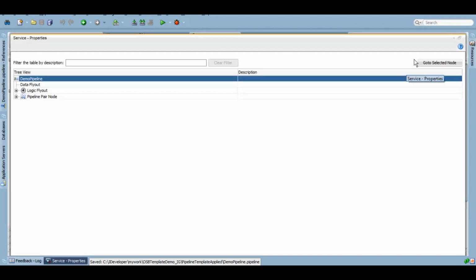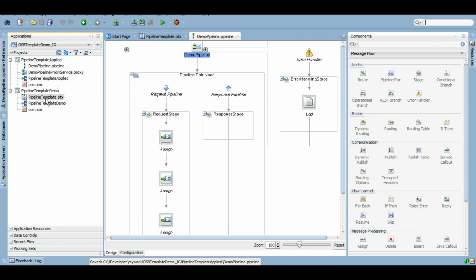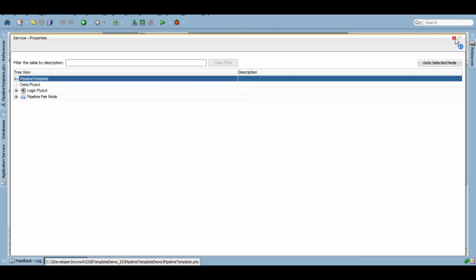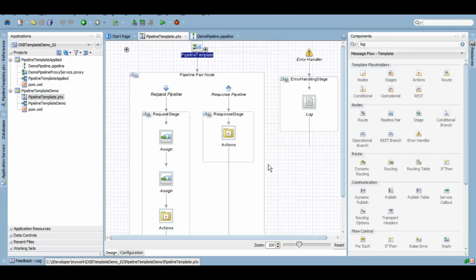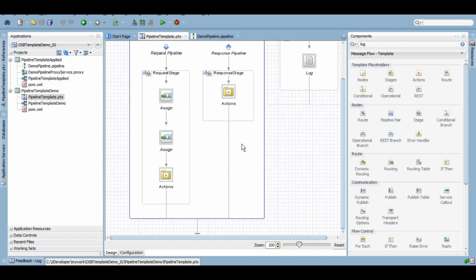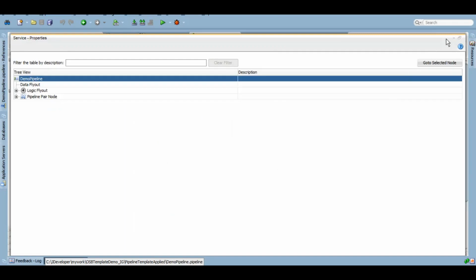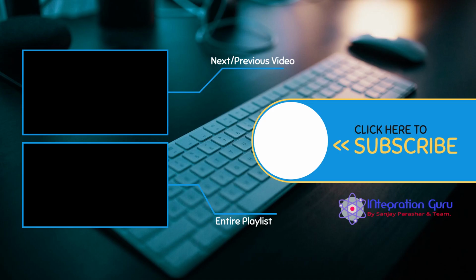So I think that's all. There is nothing more to it. You just need to start practicing, see what our other placeholders would do, and how you can create a conditional branching template, operational branching template. But from a conceptual perspective, this is all there is. And as you can see, it can definitely come in handy to save a lot of time and to enforce certain coding standards in our organization.